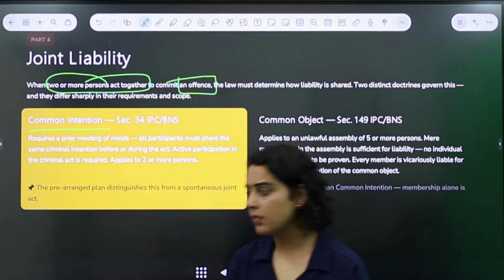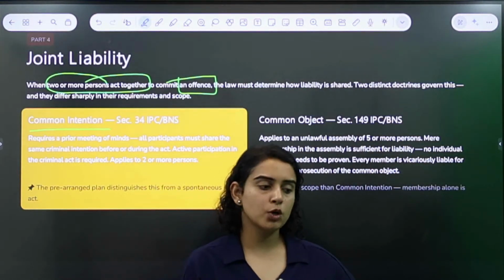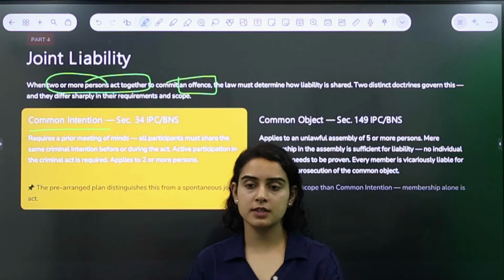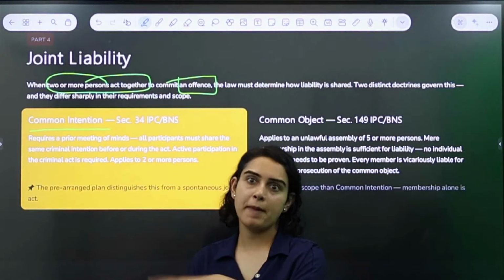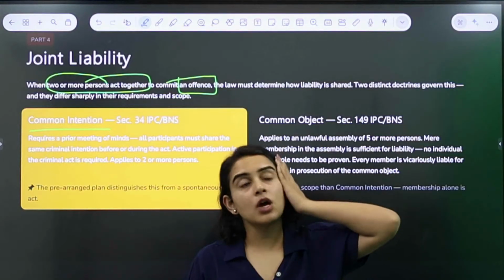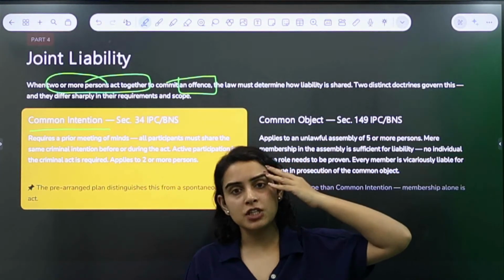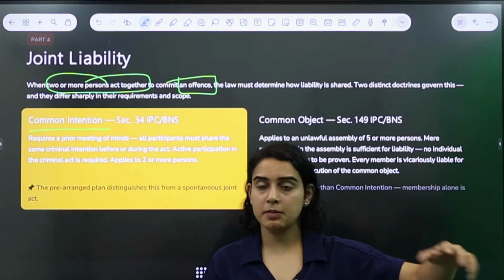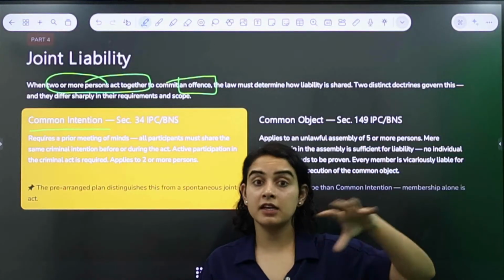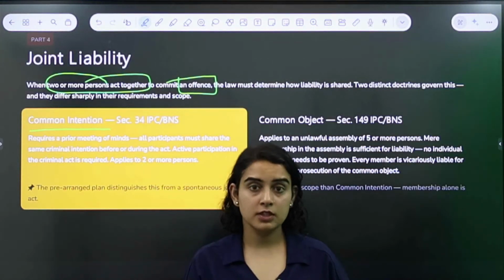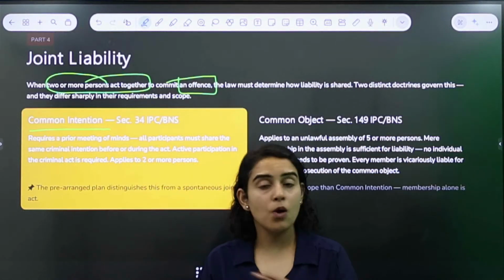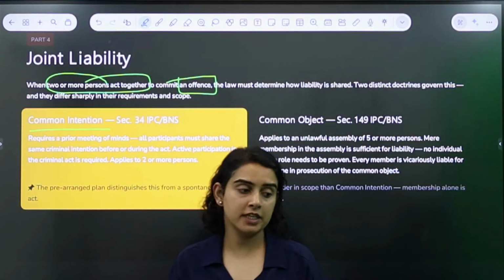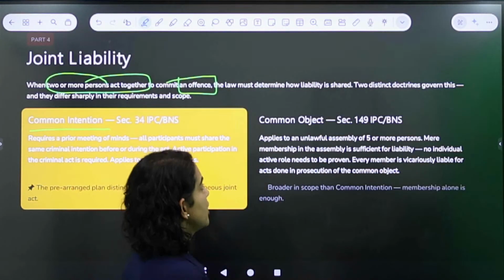Now let's say there are people who want to commit robbery. There is a group of robbers who want to commit a robbery in a specific bank, maybe. They want to rob a bank. So now all of them, their intention is to break into the bank, take out all the money, scare people. They might even kill someone over there, threaten them, take all the money and leave. That's what their intention is. All of them are on the same page mentally. That's their common intention.